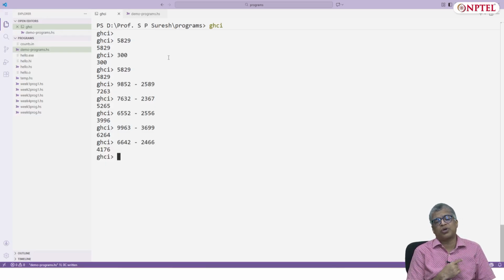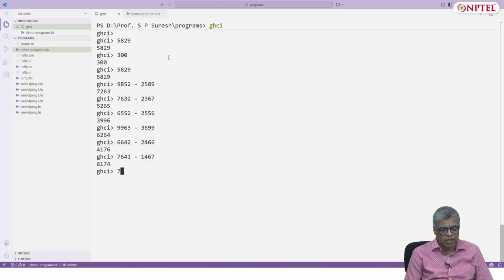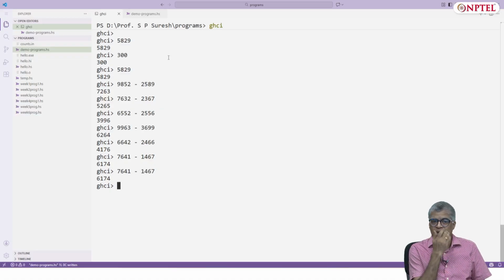Now 4176 ordered in descending order is 7641. Ordered in ascending order is 1467, and the result is 6174. Now, if I take 6174 and order it in descending order, it will once again be 7641. And if I subtract 1467 from it, I'll once again get 6174. So at this point, I'll get the same number again and again.